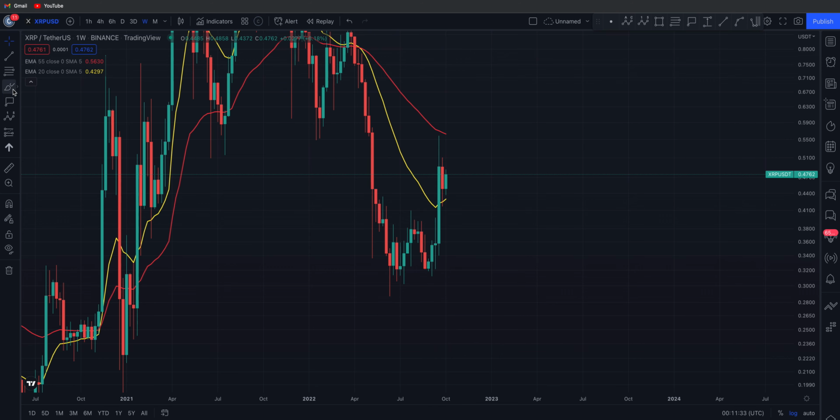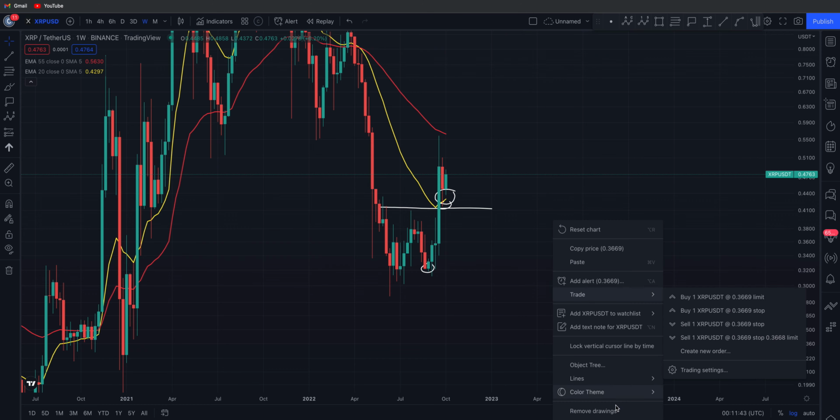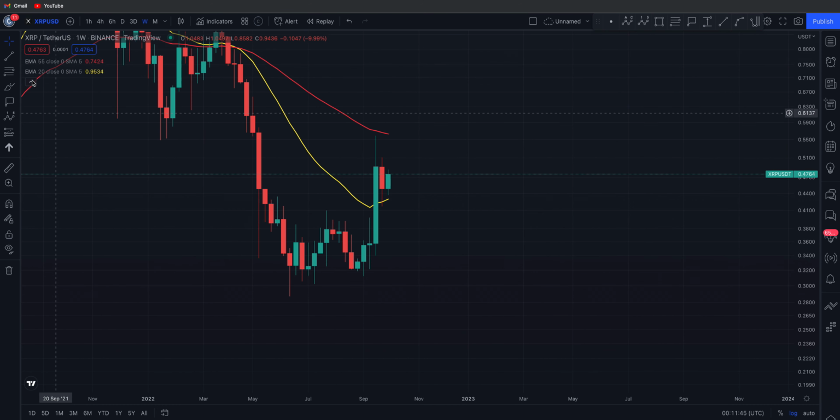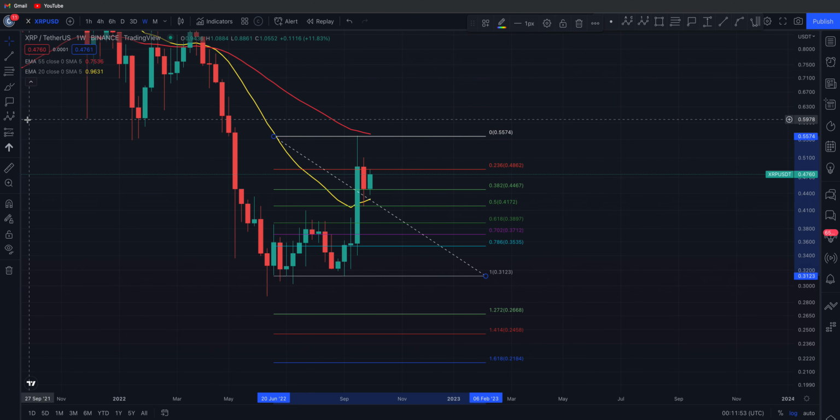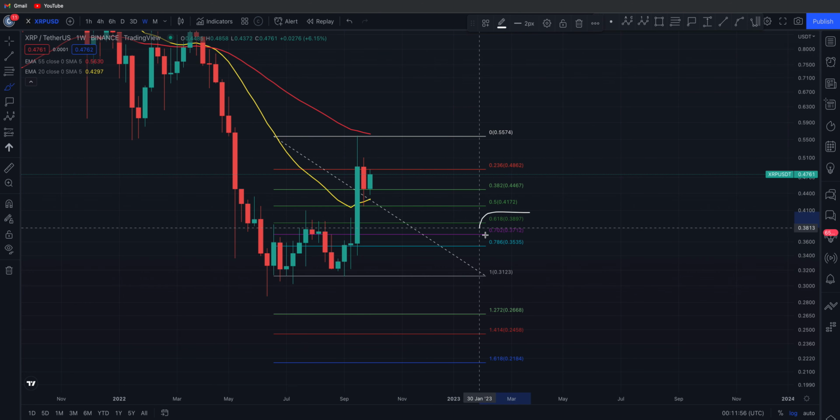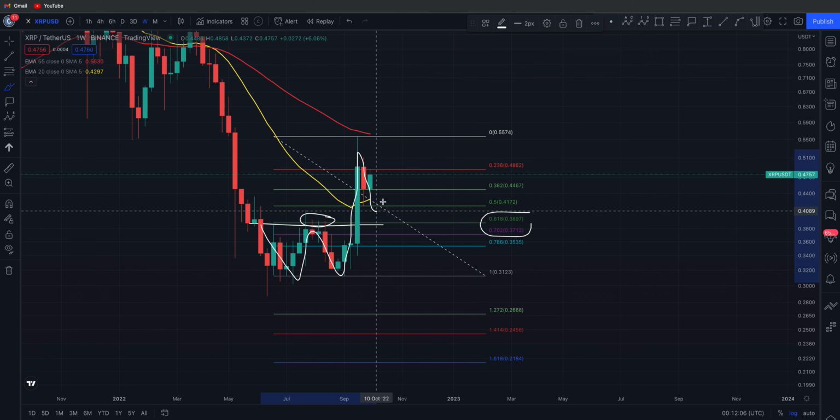We need to see XRP on the weekly hold this 20. If we do start to close, as we said, below 41 cents, okay, you are looking to come back and retest this low. And again, just to get a fib on the weekly time frame, you'll be going from this high, retracing to this low, okay. Again, as I said, you're looking out for that 38 to 37 cent range, okay? And you can see that the 0.618 here ties up with 38 cents, and equally this large double bottom on the weekly time frame. So potentially we are coming for an A, B, C down to 38 to 37 cents,